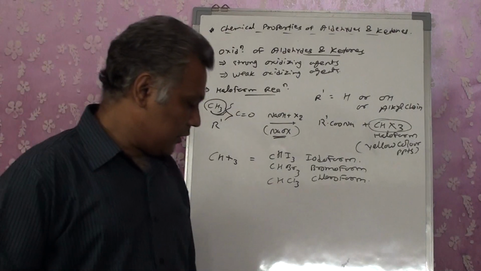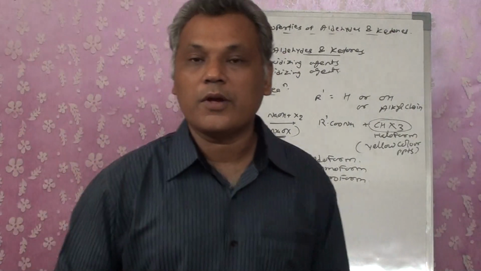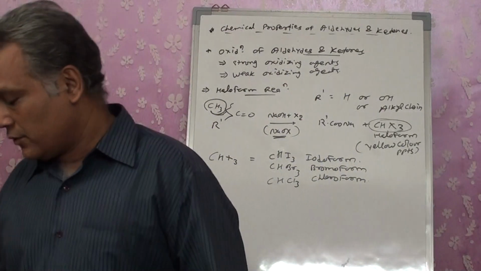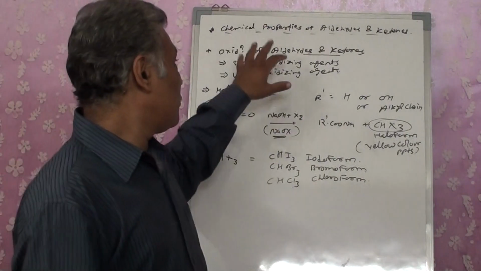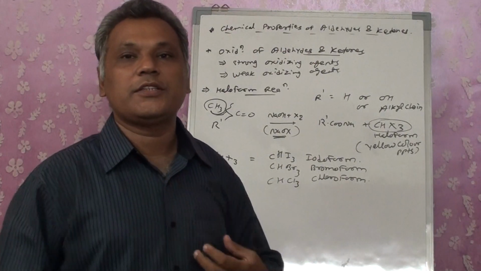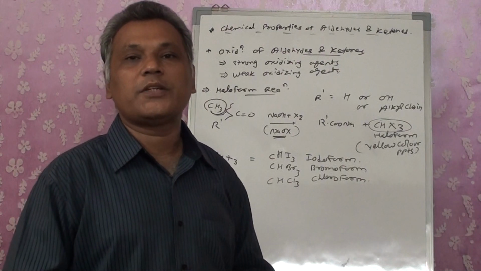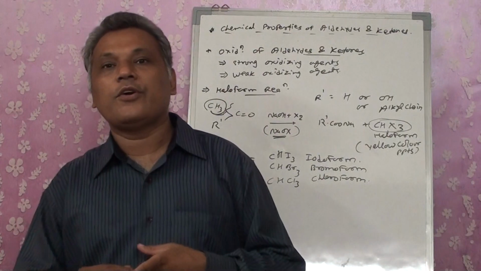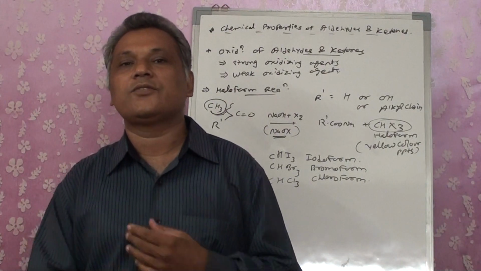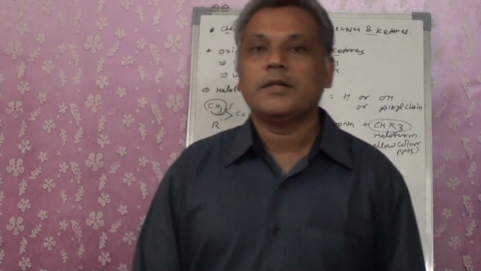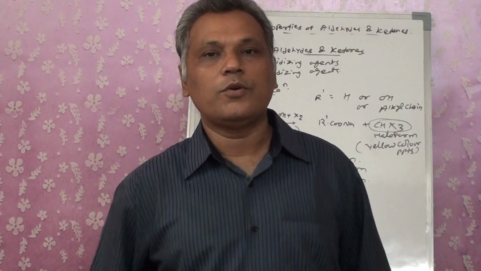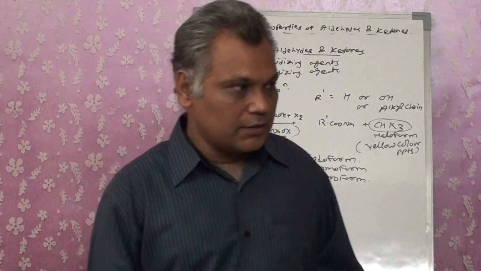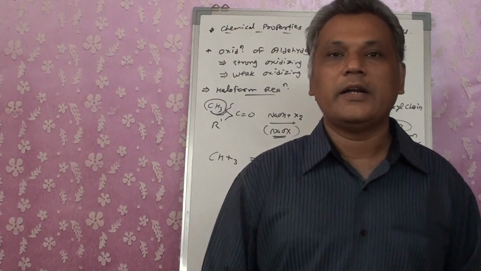Right? So these are all the reactions we came across for aldehydes and ketones. In today's lecture we studied two kinds of reactions, reduction and oxidation, though there are a number of reactions within them. We saw simple oxidation, Wolff-Kishner, Clemmensen. For oxidation we saw Tollens, Fehling, as well as haloform reactions. Just practice all these reactions, recall them, write them in your notebook, and we'll study the other chemical reactions of aldehydes and ketones in the next lecture.